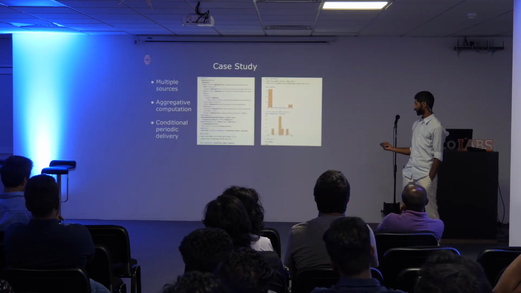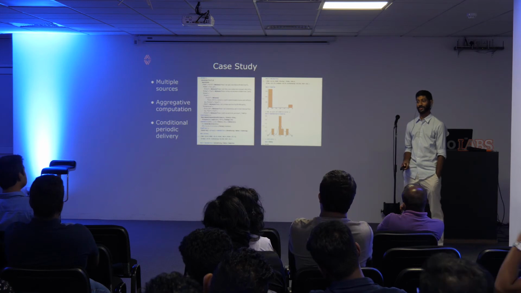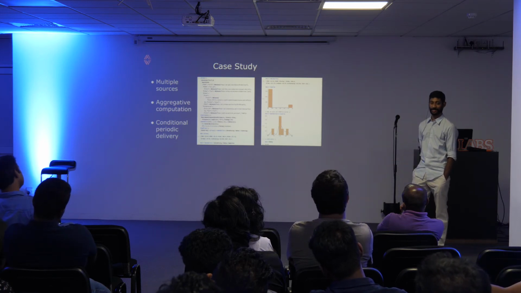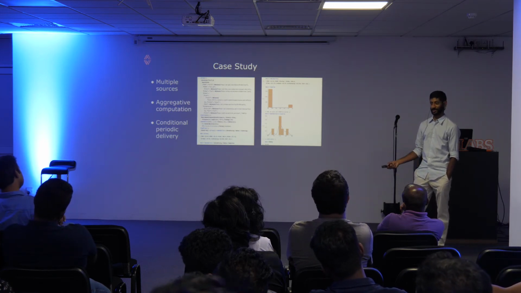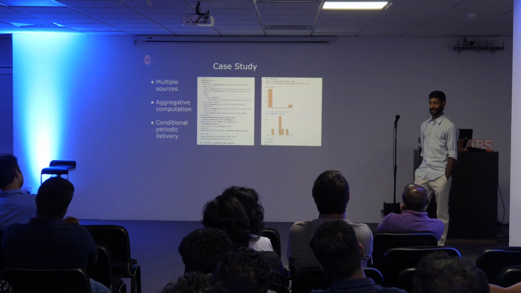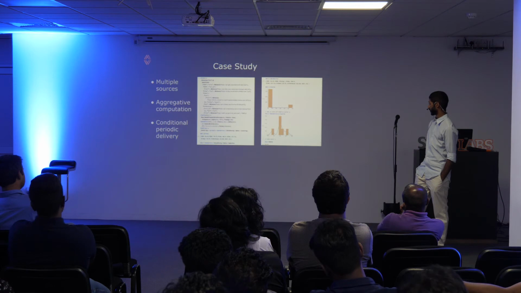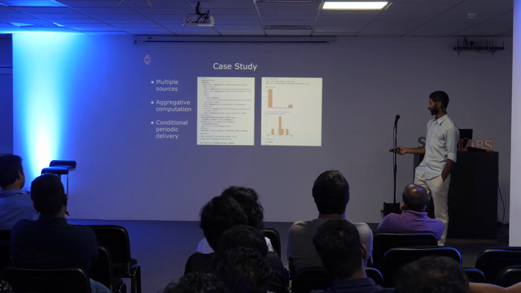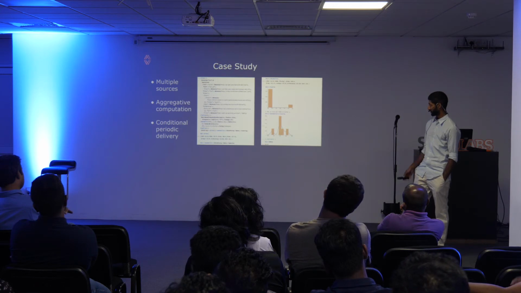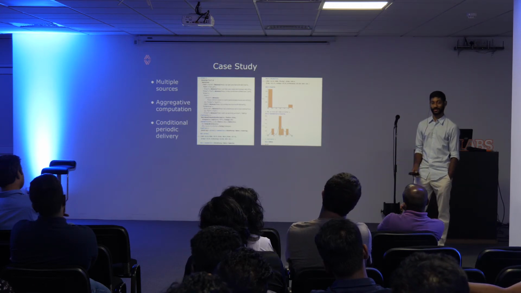So in this case, Maker wanted to know the price of Ether in USD in order to basically run its bank, right, on chain. So they need to know what's the price of Ether, and in this case, they wanted multiple sources, they wanted Rhombus to do an aggregation, and they wanted the delivery to be periodic.